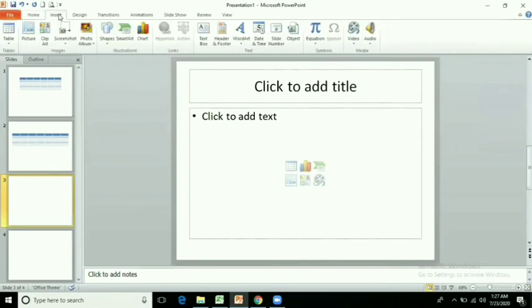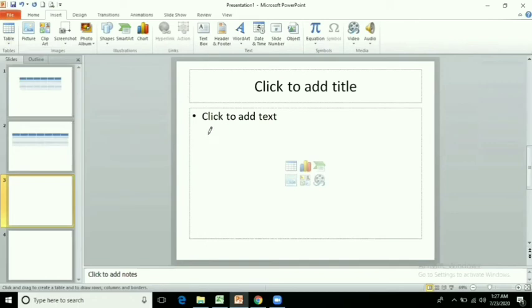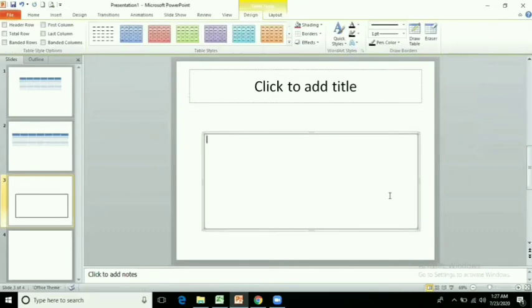Next method is again go to insert tab and then click on table and then click on draw table. When we will click on draw table, we can draw the boundary of our table. You can see here I have drawn the boundary of the table, and after drawing the boundary, you can see here now table tools are here, and again we have to click on the draw table, and then again we will make the boundary for row or column.